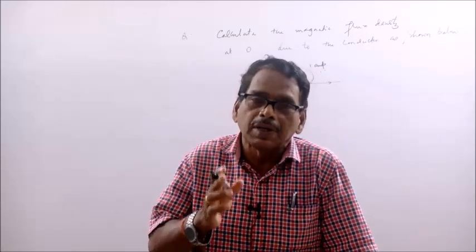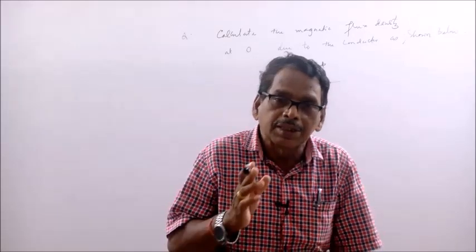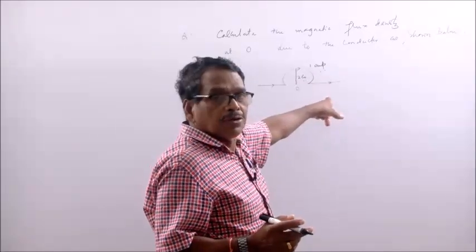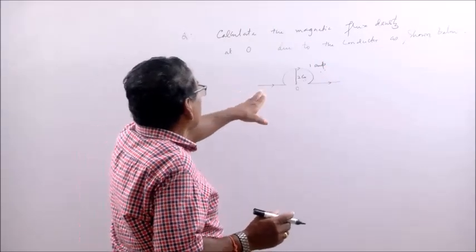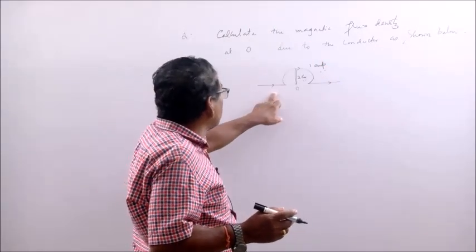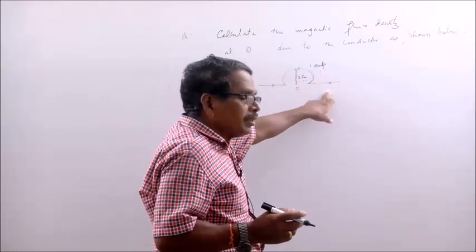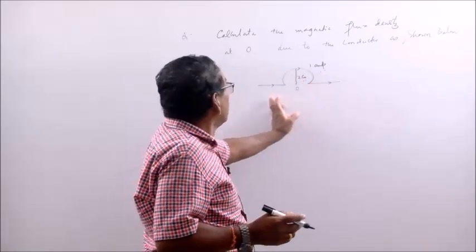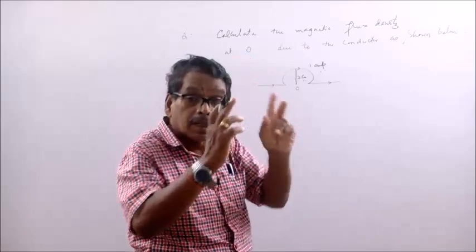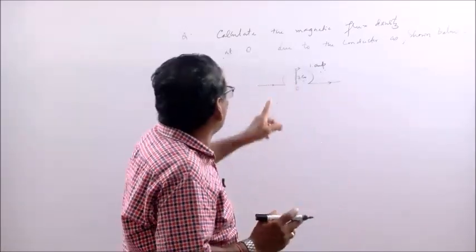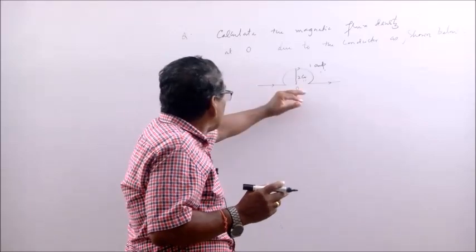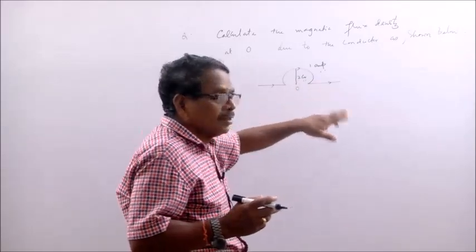So it has got magnetic flux density, and in the question they have asked you to find out the magnetic flux density at O. So how to calculate? This conductor consists of how many parts? First part, a straight conductor. Third part, a straight conductor, and this is a semicircle. This conductor is a semicircle. So O lies along the first conductor, second conductor.